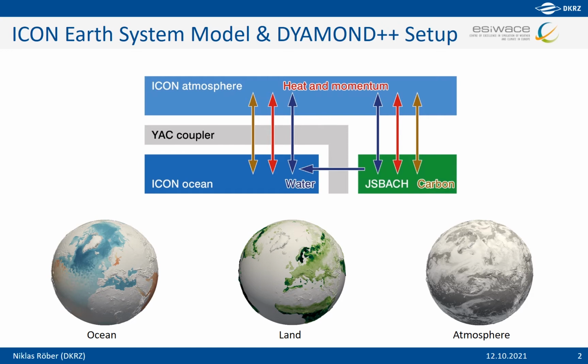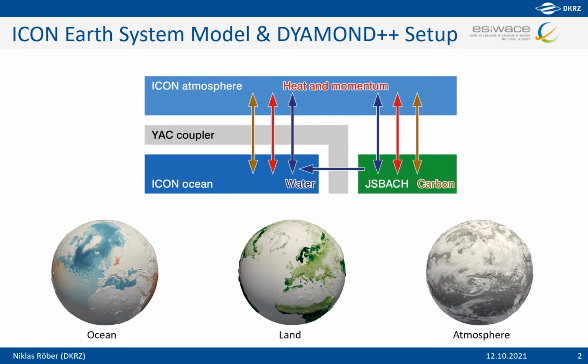DYAMOND++ is a specific model setup that uses this coupled setting and simulates the Earth at 5 km horizontal resolution. That might sound coarse, but in 2D that accumulates to 20 million cells per level and about 3.5 billion cells for one 3D variable. At the bottom you see representations from a winter simulation, with the ocean on the left